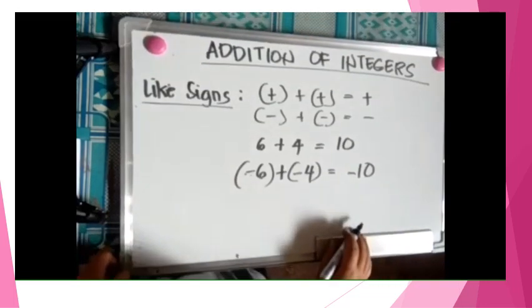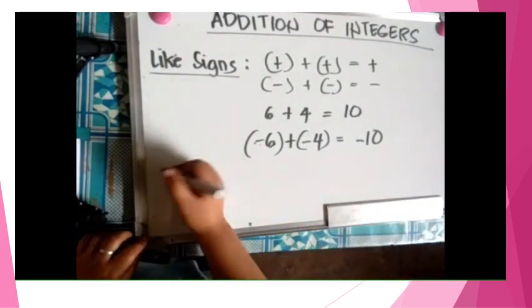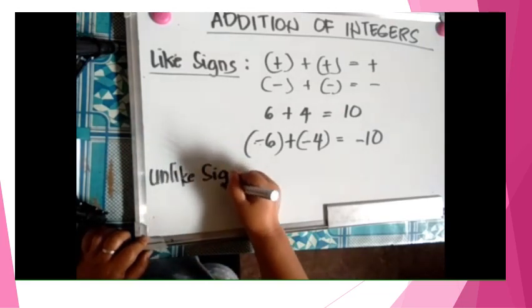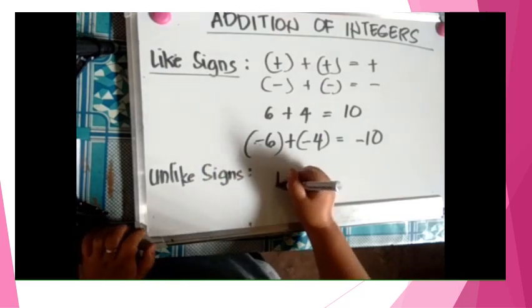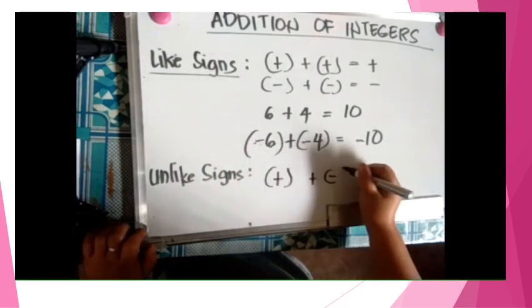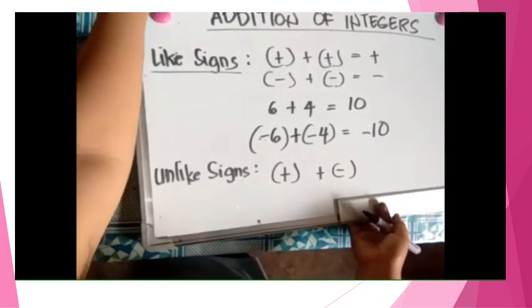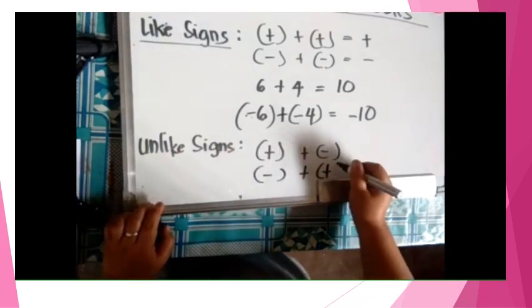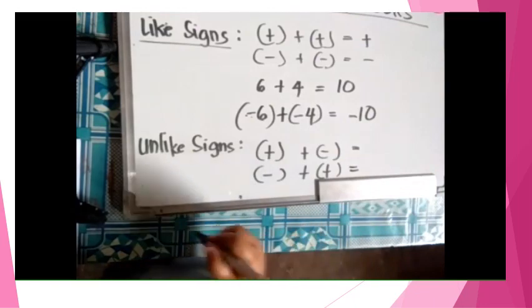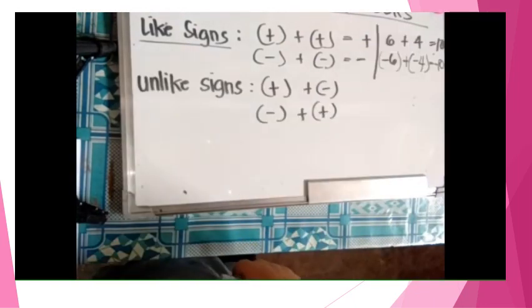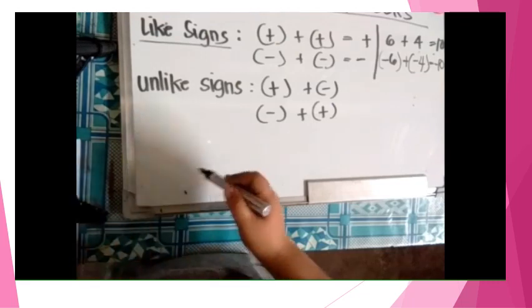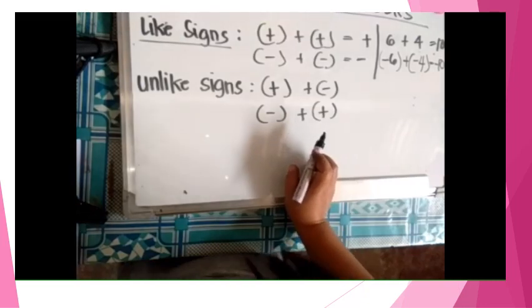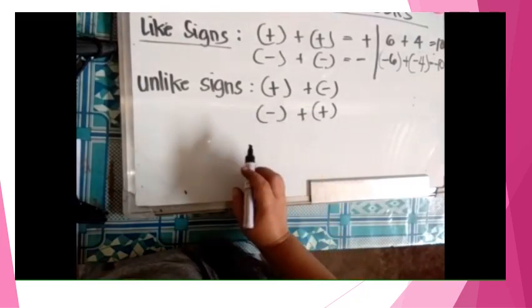Okay, so, mauna siya pasabot sa like signs. Sabtan, very good. Okay, so, in unlike signs, so kung dili sila parehas og sign, so, positive plus negative or negative plus positive. Unsa man nilang answer? Well, in adding unlike signs, we are going to first find the difference of their absolute values